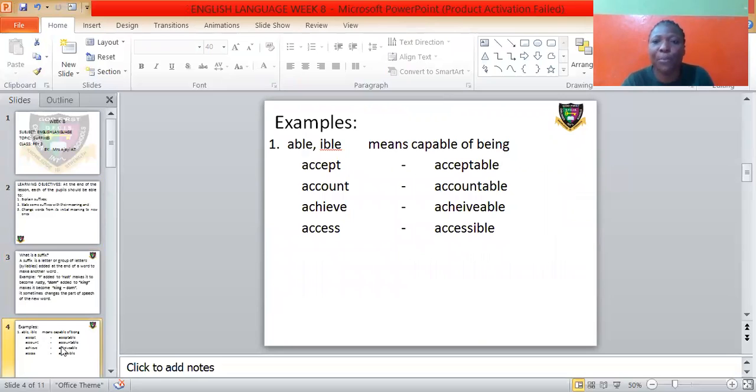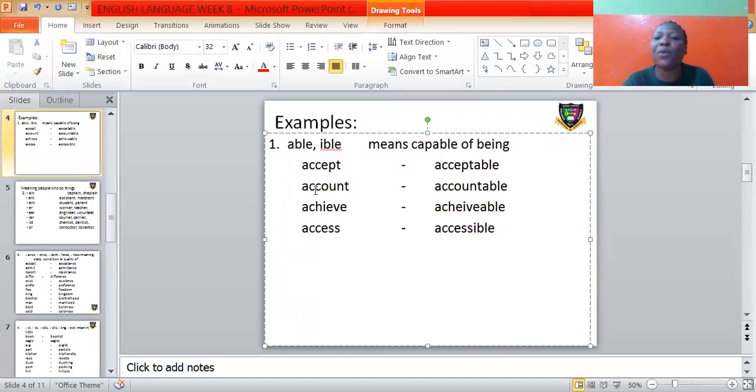Ible or able means capable of being. By the time you add able at the end of accept, it becomes acceptable. Account, by the time you add able at the end,